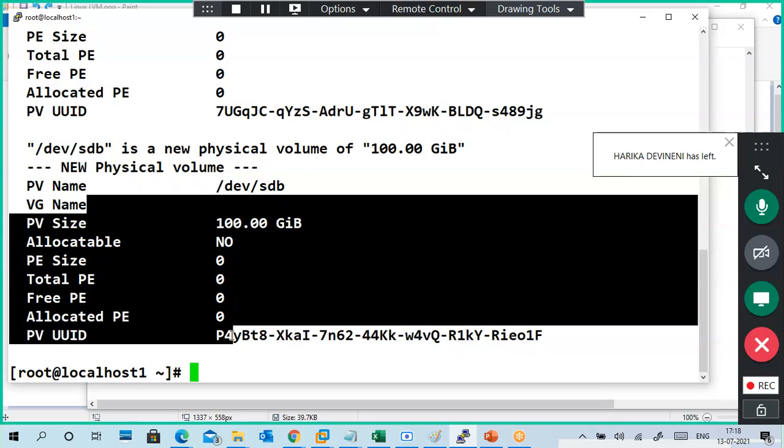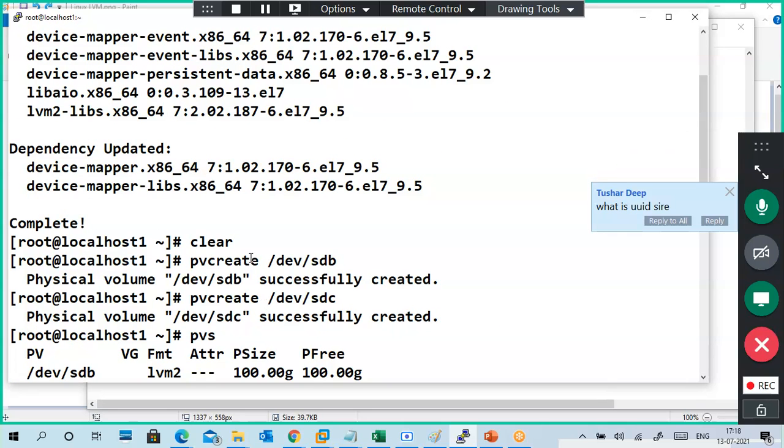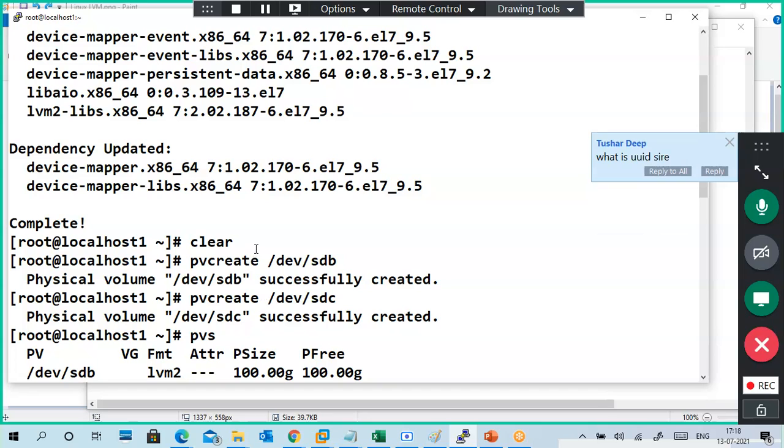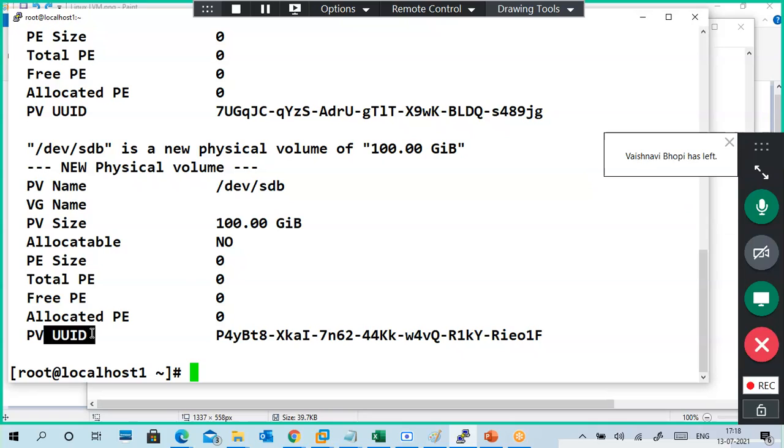In this disk and in this disk, you can see the details. That is the difference between pvs and pvdisplay. The UUID is like a universally unique identification, a unique ID. pvs and pvdisplay completed.